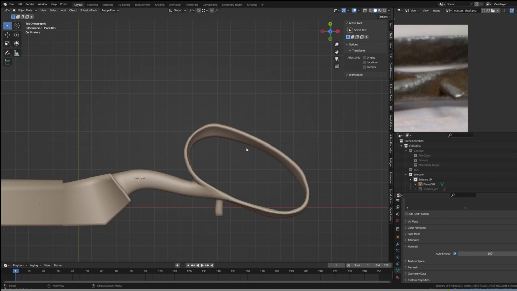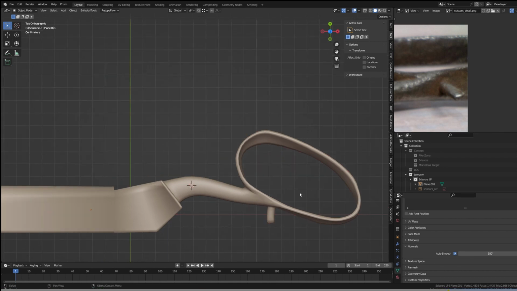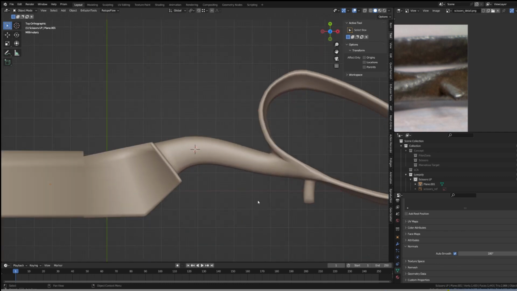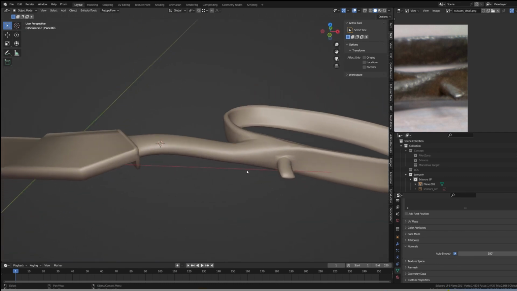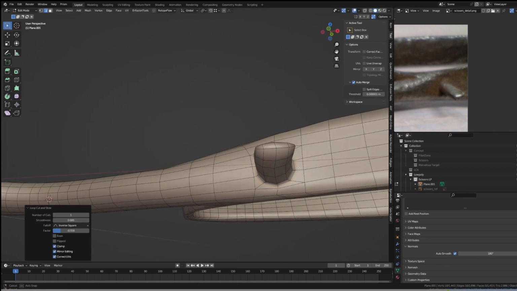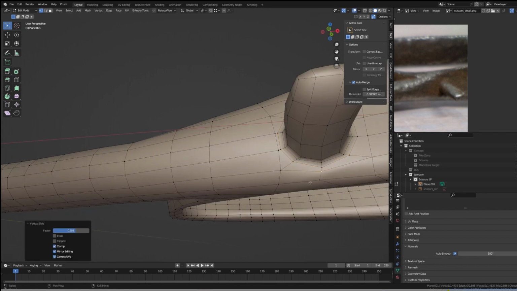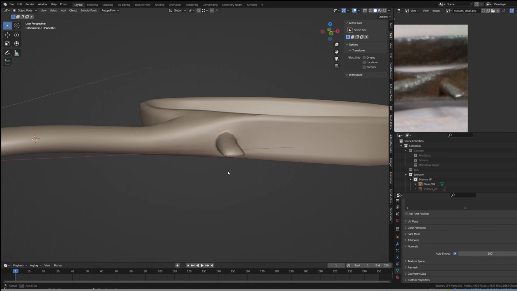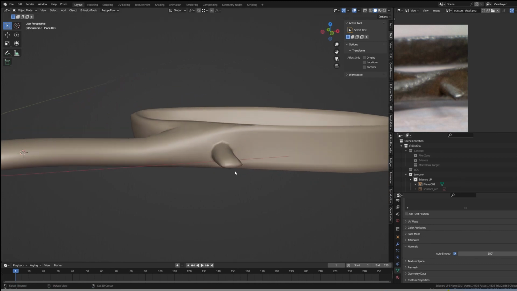And how big of a difference it makes in the silhouette. Okay. Yeah, I think we need to do another edge loop around here, because I think it would work with a sharp edge as well, but